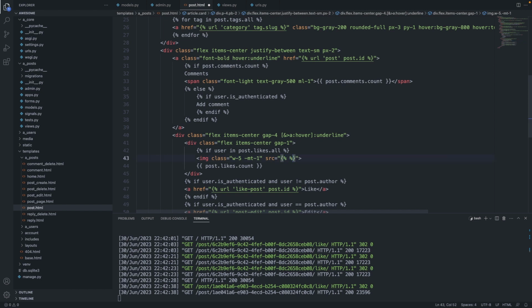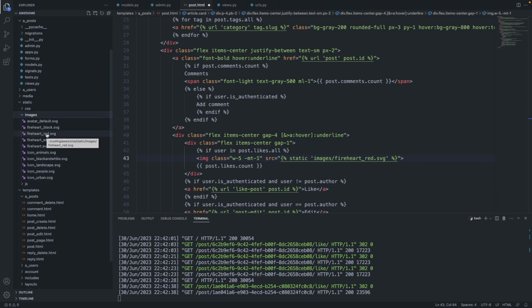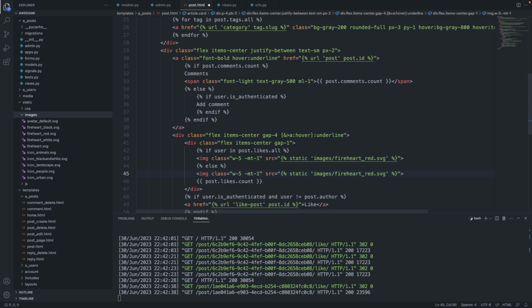So we can write static images slash fireheart red.svg. It's this one here. And otherwise, if the logged in user is not in the list, we show the standard one. Okay. And if